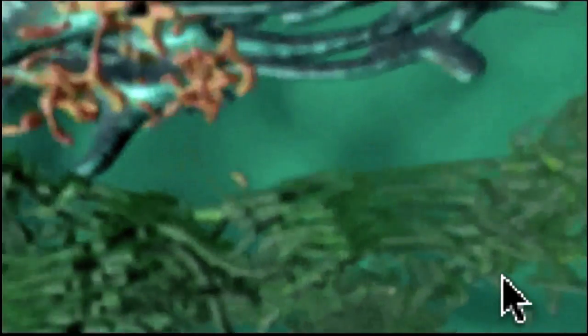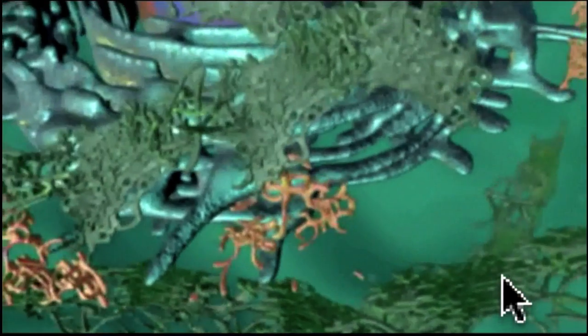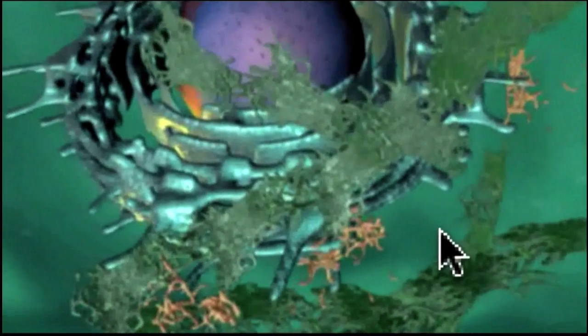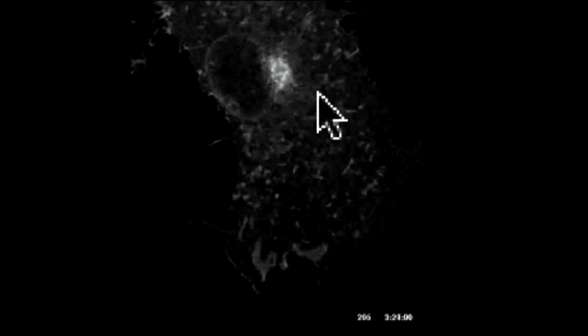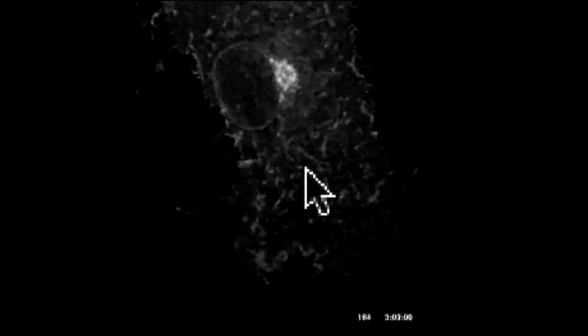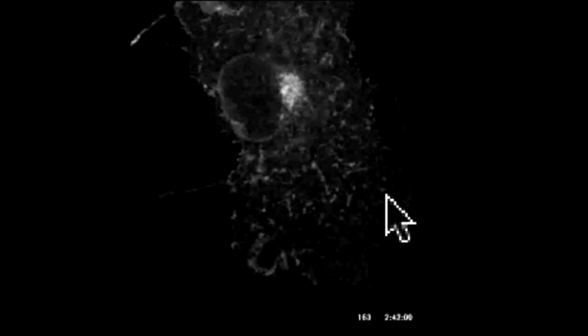So this is a nice computer graphics animation of the inside of a cell. Simplified, of course, but nevertheless very beautiful and informative in its way. And then we go back out, and here is the view of the dynamic endoplasmic reticulum in the cell. It's quite a complex network of canals through the cell.